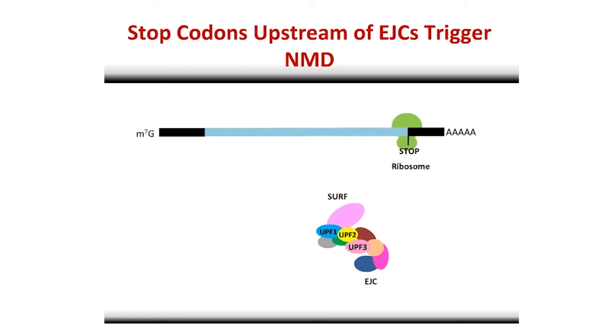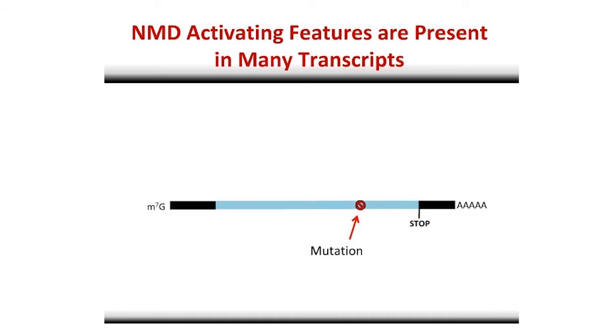So this system was first discovered for its ability to degrade transcripts with premature termination codons, in a way protecting the cell from the potentially deleterious effects of a truncated protein. And because of this, this pathway is actually implicated in thousands, in fact 1/3 of all genetic disorders, which are actually caused by premature termination codons. But it turns out that this pathway, whilst it has this surveillance process, is actually more important.